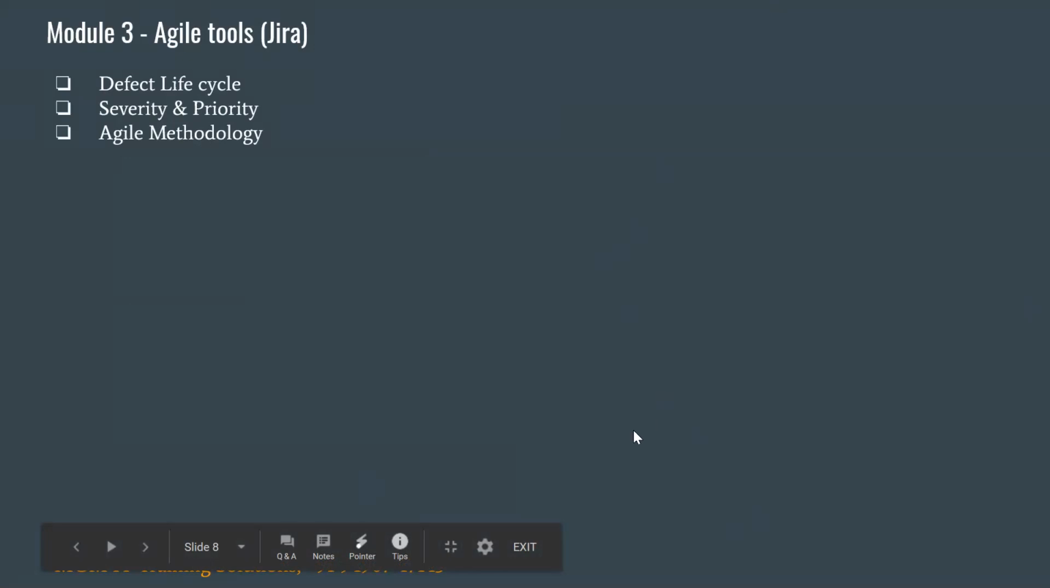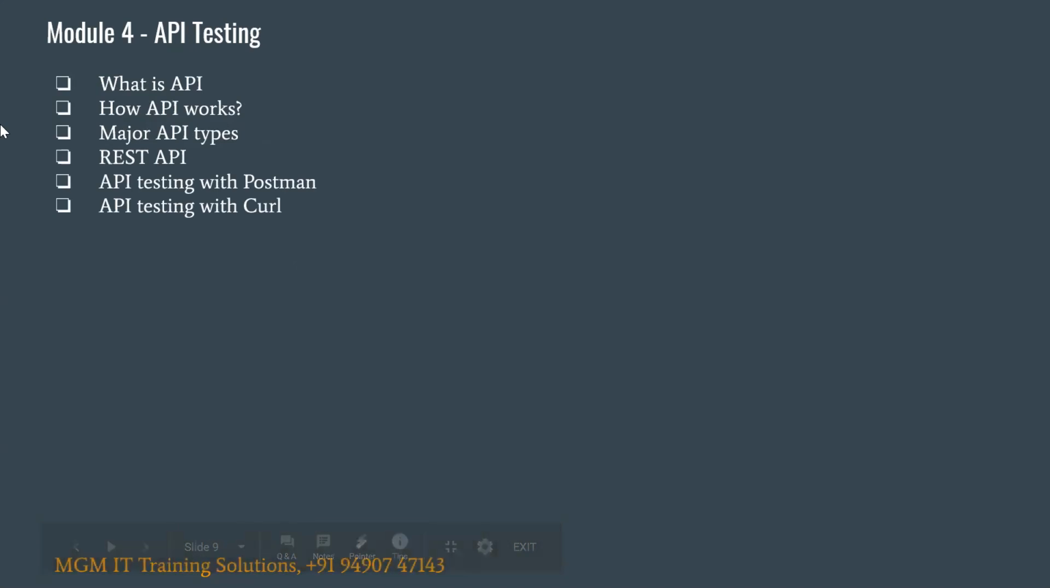sorry, and we have one more module, as I mentioned, right? API testing. Okay, so what is API testing? Before going to API testing, every time we hear some words like